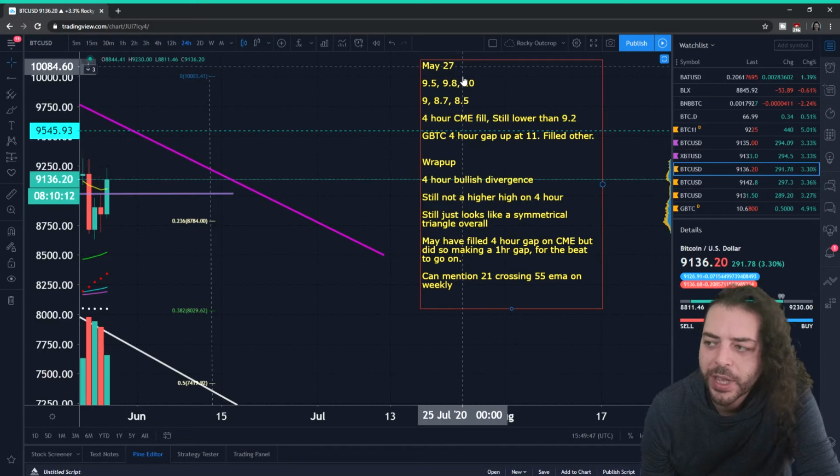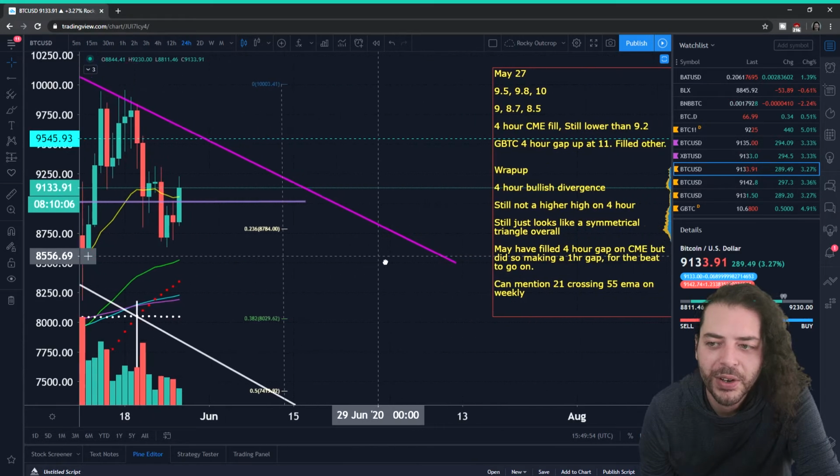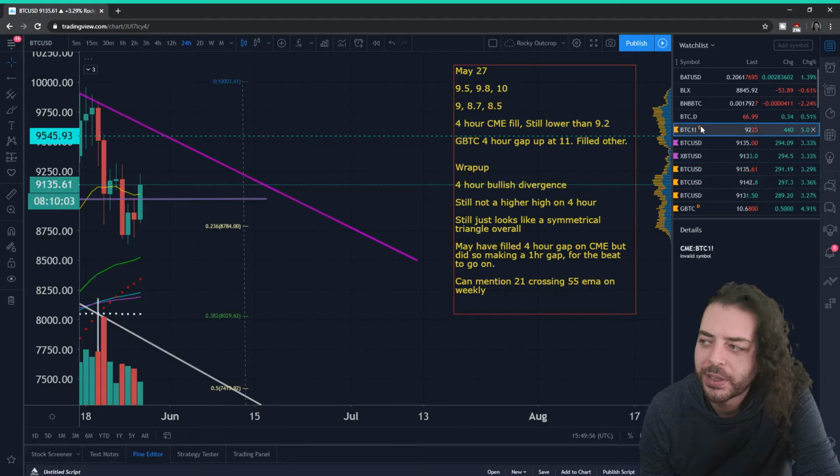So right, that's all of the introductory side of things, and we can already move over to wrapping up really. And we haven't really looked at the price action all that much, but it's still lower than 9.2. Just jumping over to